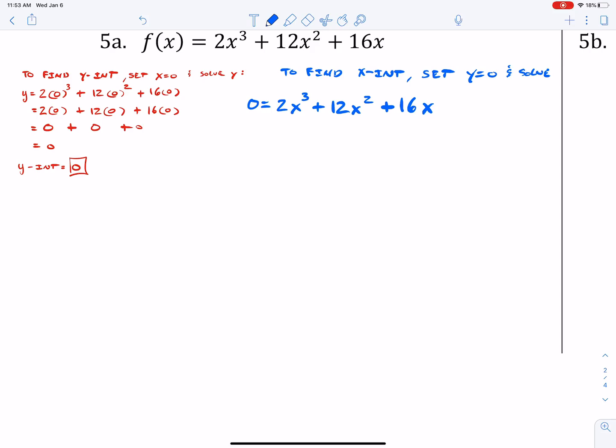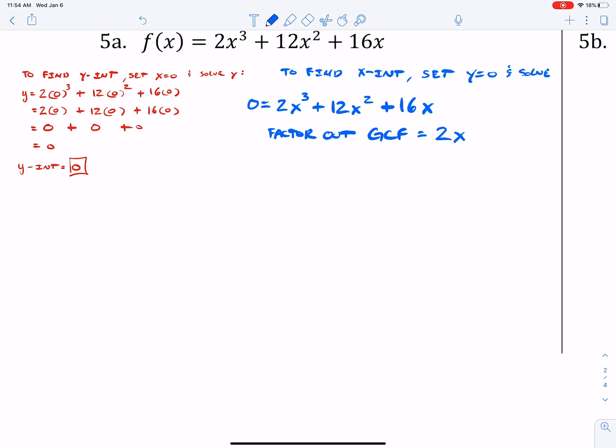Well, what goes into 2x cubed but also goes into 12x squared, but also goes into 16x? Our greatest common factor is going to be 2x. I can pull out a 2x out of that entire